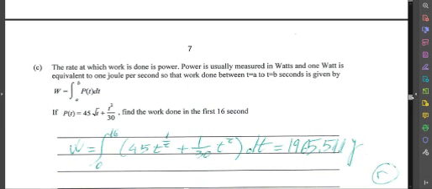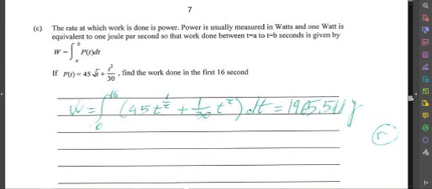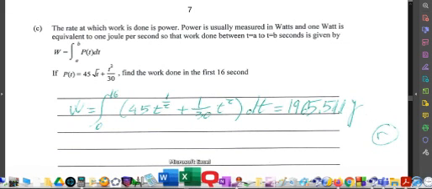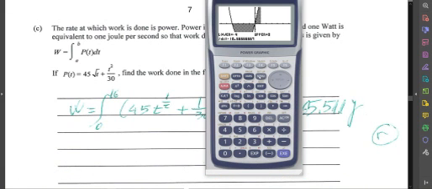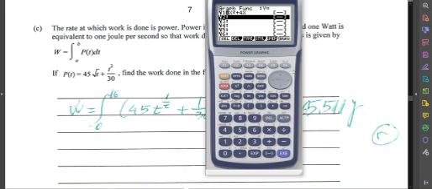Does it ask you to show anything? No. So what am I supposed to do here? Let's see how it looks first. You first need to graph it. So delete that